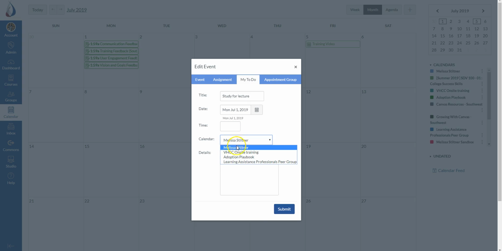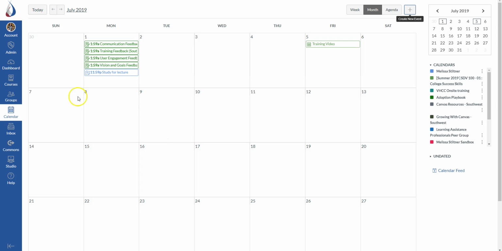Now, students would not have any additional calendars listed at that time, but faculty may. It'll say, do you want to add it to your personal calendar? Do you want to add it to one of your courses? And then you can put in details if you want. I really need to review Chapter 4. All in one place. And then if I add that, you can see it has put it in a different